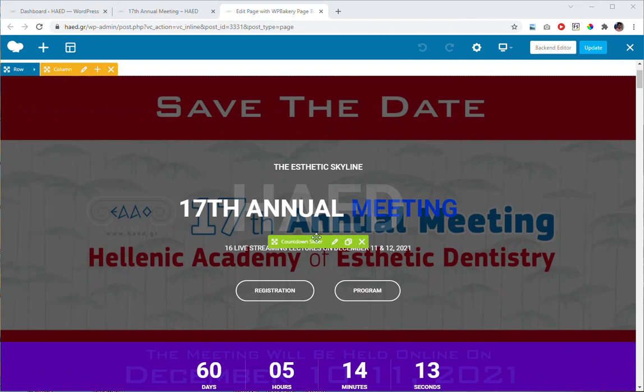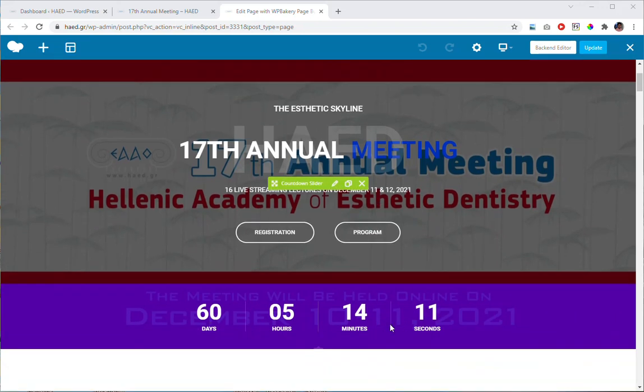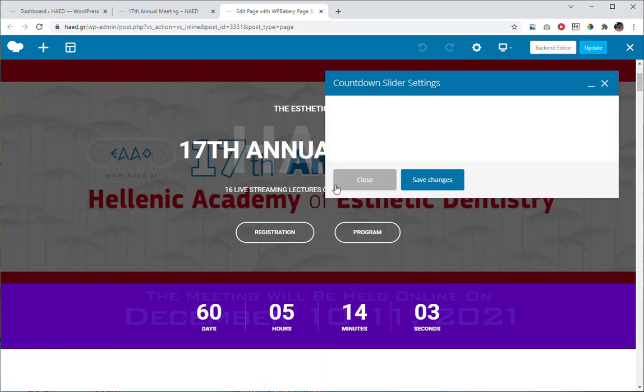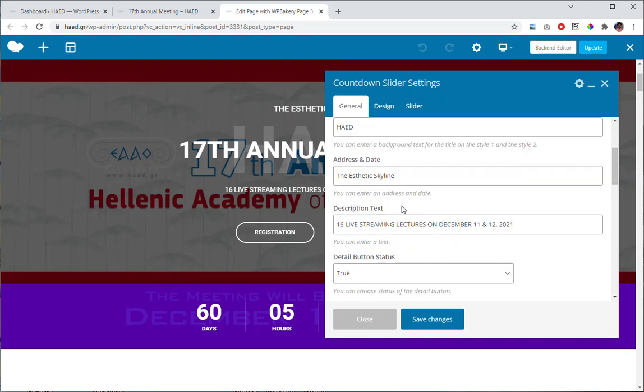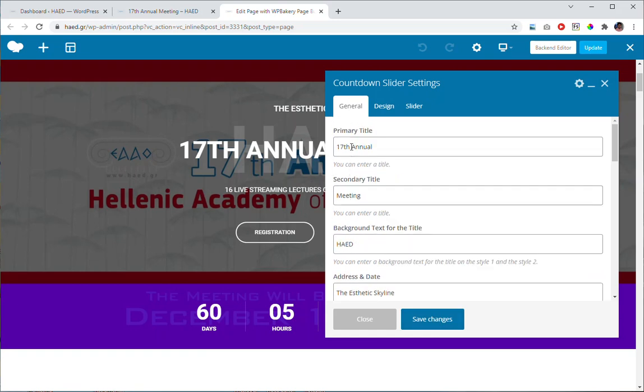Here, if I want to make some changes on the counter, I will simply click the pencil icon. And here I can make any changes to the text and save changes. Let's simply say our 17th annual meeting, and if I save changes,